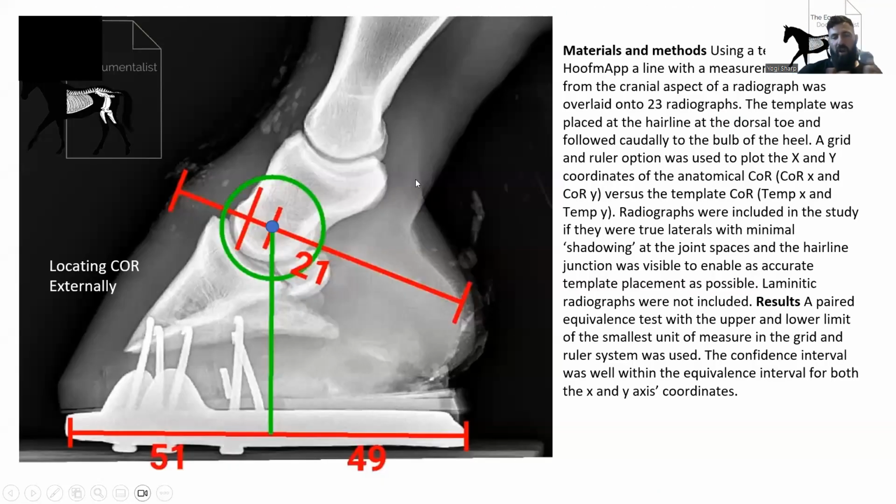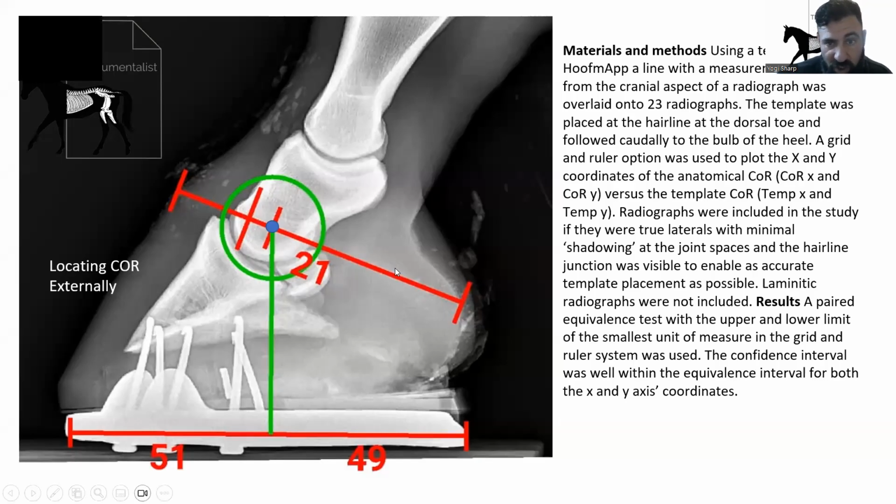Now, when I created the HoofmApp template, which we can see here, following this study, you can see the HoofmApp template follows the hairline, our green circle. The front of the green circle tells us where our extensor process is, the back of the green circle tells us where the navicular is, this small red notch shows us where the center of rotation is, and this large red notch is the point of balance. I'll talk about the point of balance later, okay? But I wanted to make sure